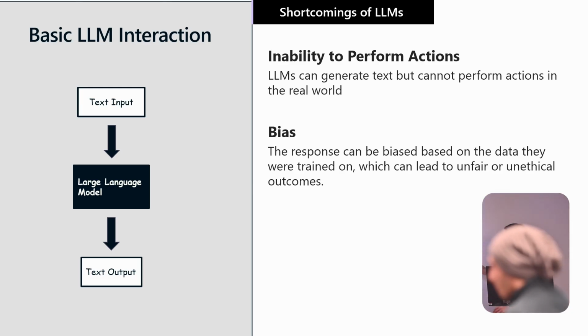And inability to perform actions. An LLM can generate the text, but it cannot automate. It cannot connect to your environment. There are again techniques such as function calling, which we'll be looking into shortly, which will help to fix that gap. And being biased: LLM models are again trained on certain data, and that data can be biased,